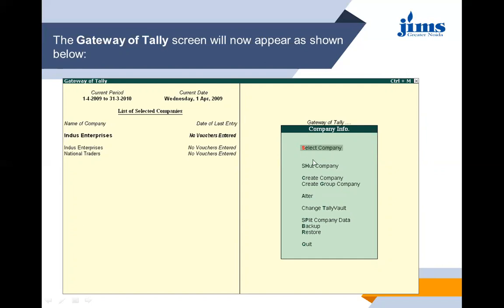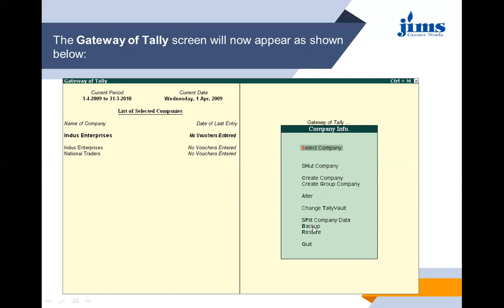If you want to alter the details of any existing company, then you can go for the alter option. If you have not entered a password, you can go for the password option, and if you have entered one and want to change it, you can change the password from here. Split company data: if you want to split your company data from one company to another, you can go for this option from here.